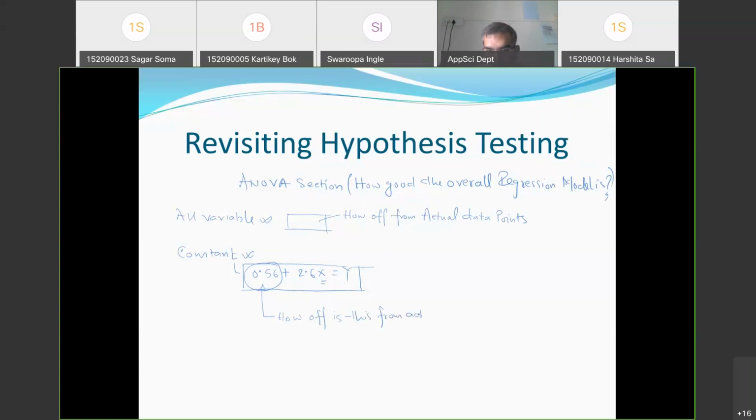From the actual value. So we calculate those differences: the regression line we have, the constant we have, and the actual data points we have, based on which we have developed the regression. So we calculate those differences here from the regression line to the actual data points, and here from the constant to the actual data point. And that variation, whatever it is here and whatever it is here,